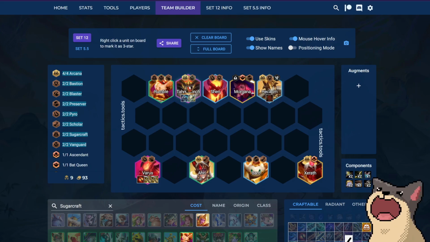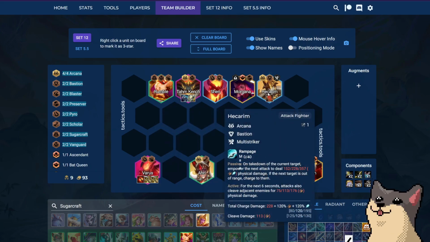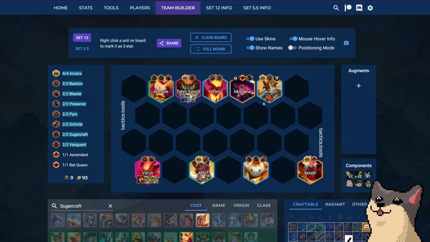Before it was like a 50-50. You kind of decided if you went for Hecarim that gave attack damage, or if you went for Tahm Kench to give your board a little bit more survivability. If you're playing 6 Blaster, you're typically taking attack damage because you just want to try and one-shot everybody. If you're playing less than 6 Blaster, it's a toss-up of which one you think you need based on the